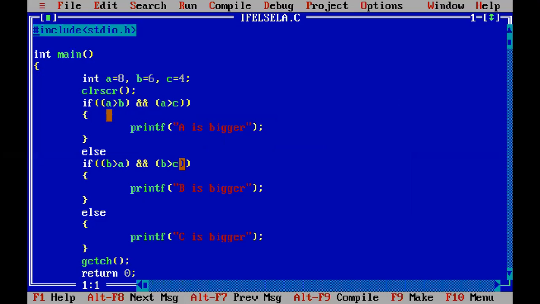Here we have already solved all this. We have already solved relational operations. We have already solved logical operations. That is what we have used here. Although we have multiple relational operations joined by a logical operator, ultimately this is one condition. The entire condition has to be true. If this entire condition is true, then you can get inside the block. If the entire condition is found to be false, then you come to the next if condition. So this is the if else ladder.